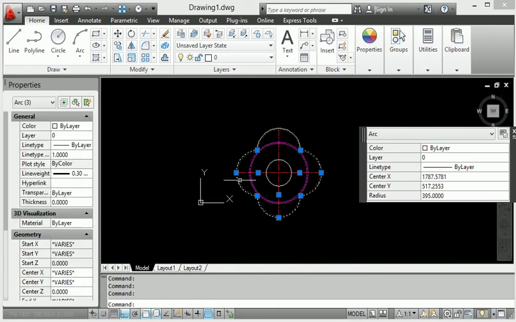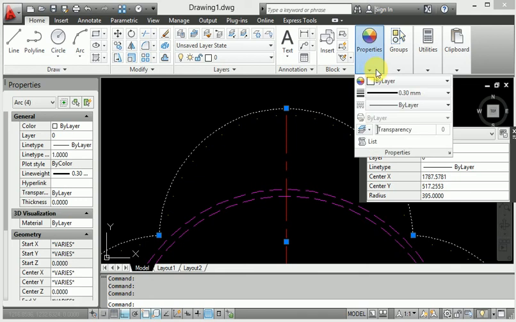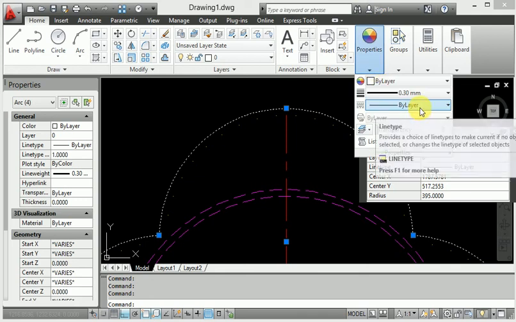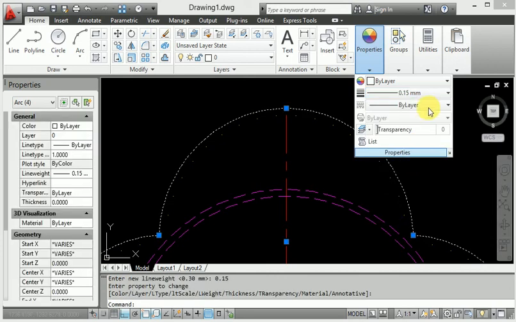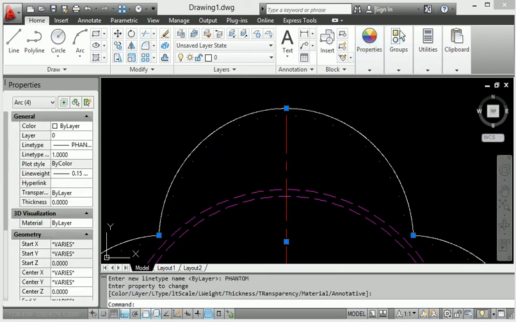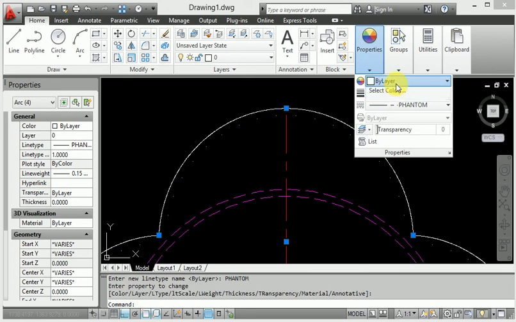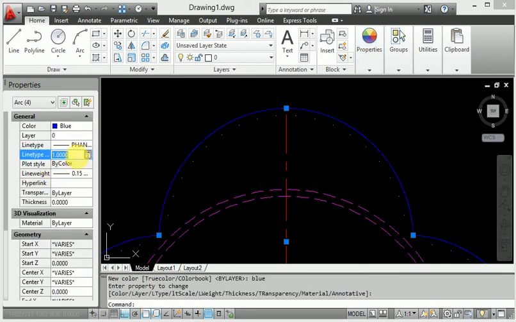So when I select all lines, then I provide the phantom line here. This is the boundary line and provide the thickness, this is the phantom line, like that phantom line here, and also provide the color blue, then provide the thickness 80.